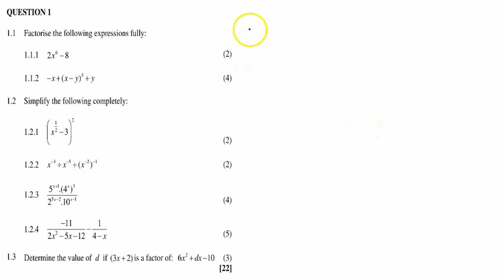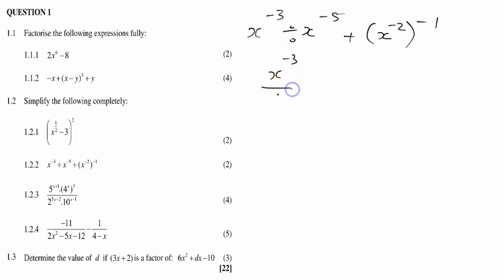Just simplifying, it's x to the power negative 3 divided by x power negative 5 plus x power negative 2 all to the power negative 1. So these two, treat it as a fraction, whereby it's that over that. So you simply subtract the exponents. So that means you can say x to the power of negative 3 minus negative 5. Bring down that plus,